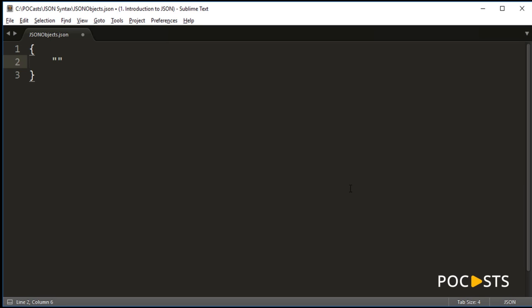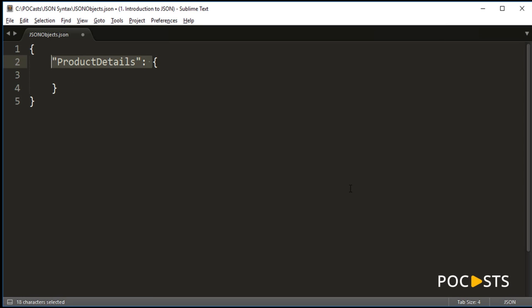right? An object that is defined in JSON doesn't have a key, right? But anything that you define inside the curly braces, basically you need a key for it. Okay, so let's say you are defining a product details, right? This is a key, right? And the value of a key is an object,